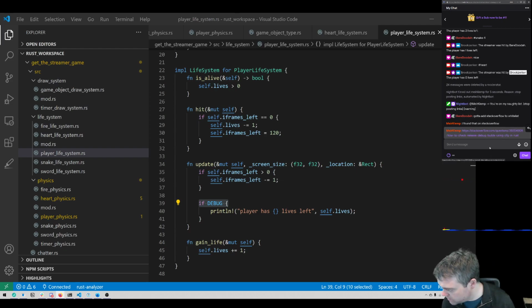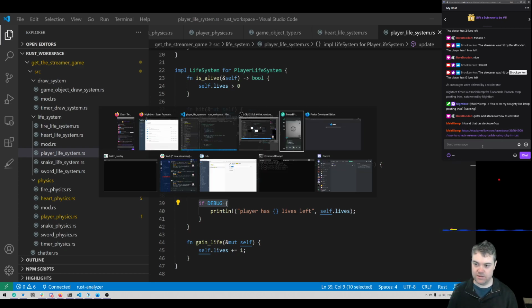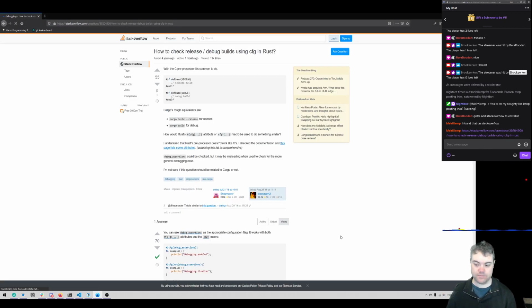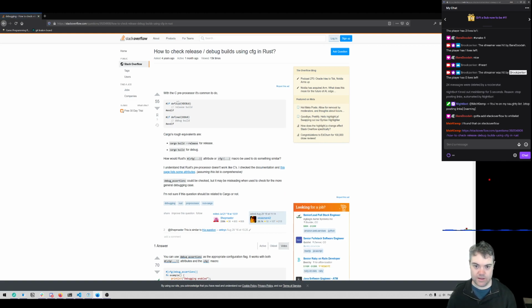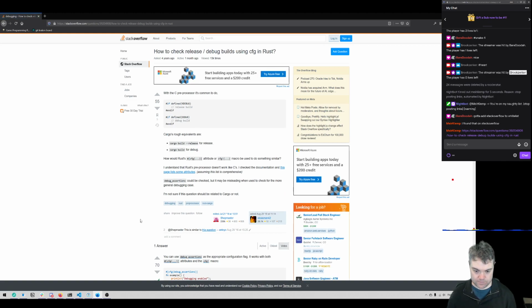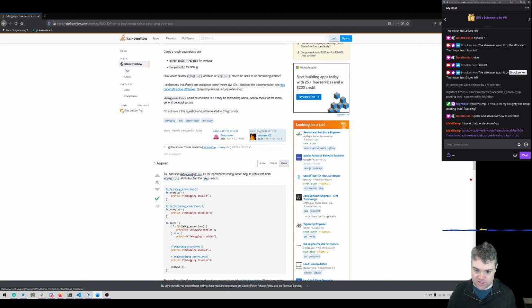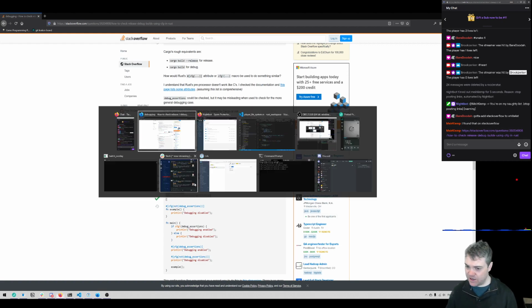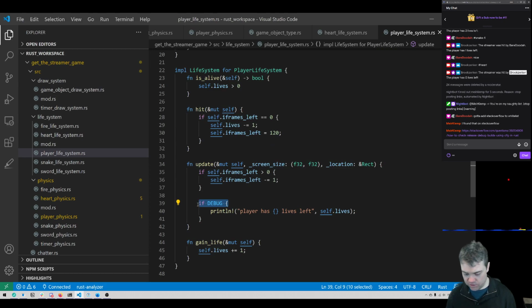Perfect. If I open you in here. You can use debug assertions as the appropriate flag. It works with both config attributes and the config macro. Debug assertions. Oh, nice. That's exactly what I want to do. And I think I can put it just before any piece of code or a block that I want to use. So instead of this if debug, I think I can do